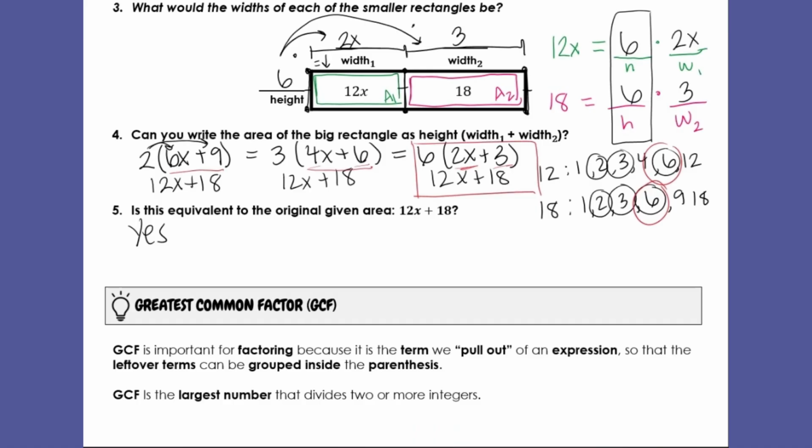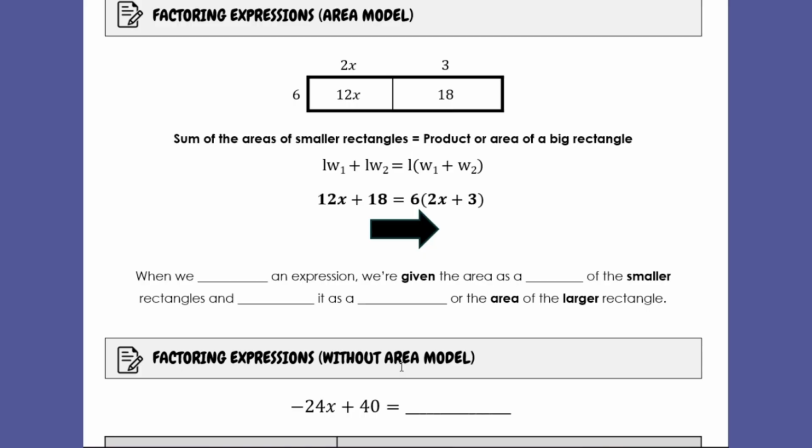So at the bottom of my notes here, I just kind of reminded readers what the greatest common factor is and how it's important for factoring. And so don't forget that the greatest common factor is the largest number that divides two or more integers. So if we looked at the next page, I kind of have a summary similar to my expanding expressions notes